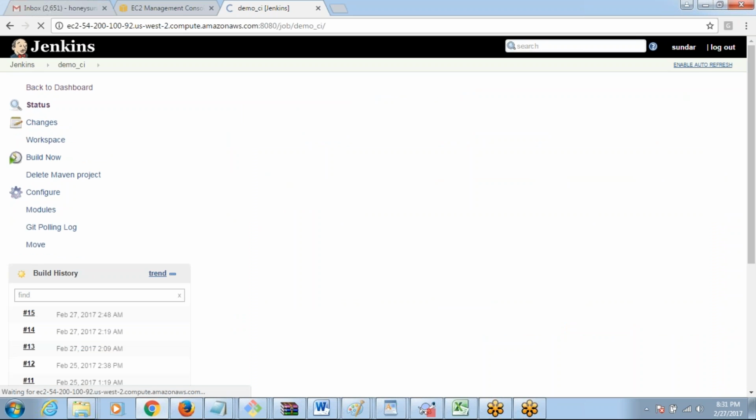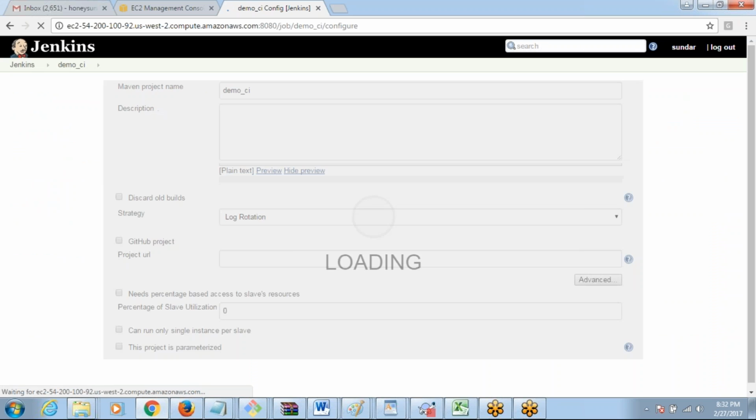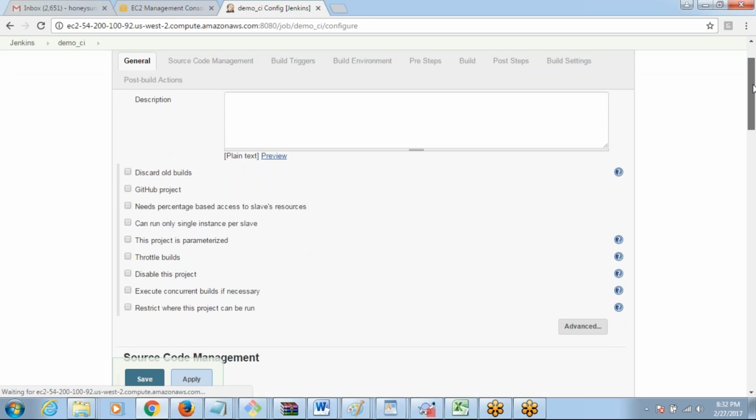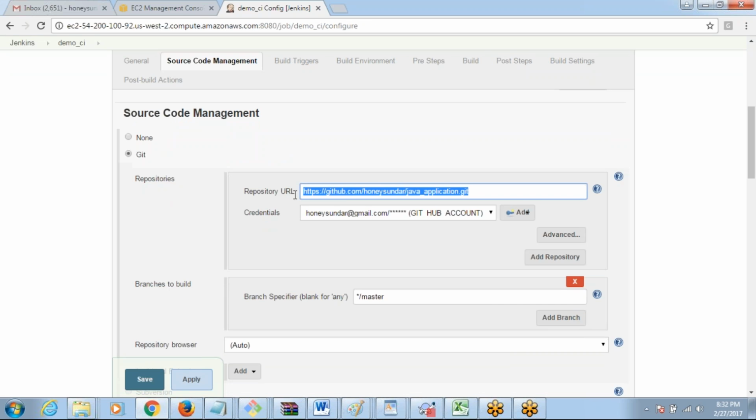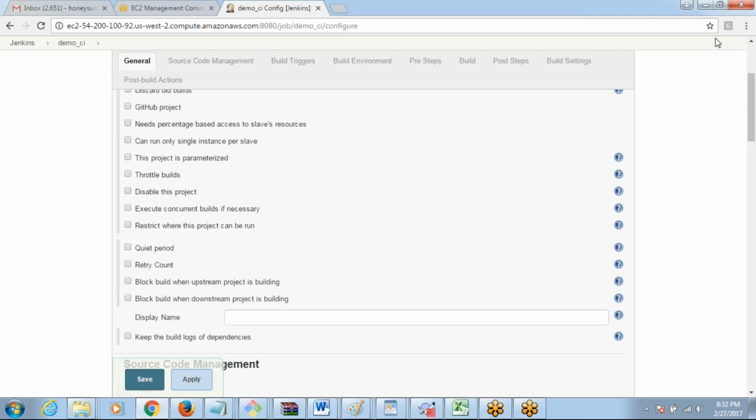In this CI demo, what I have done is the checkout of the GitHub, and after that I ran the Maven command. You see here I have used the git checkout and I have given my credentials, and before that I have also used